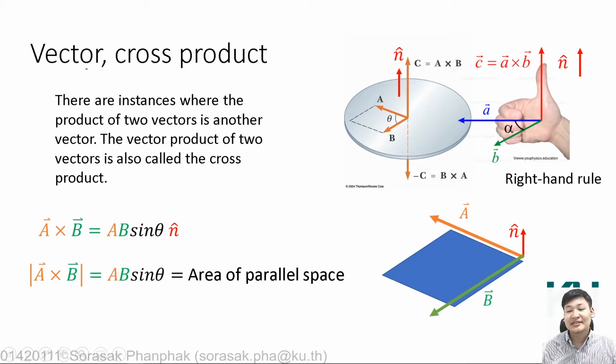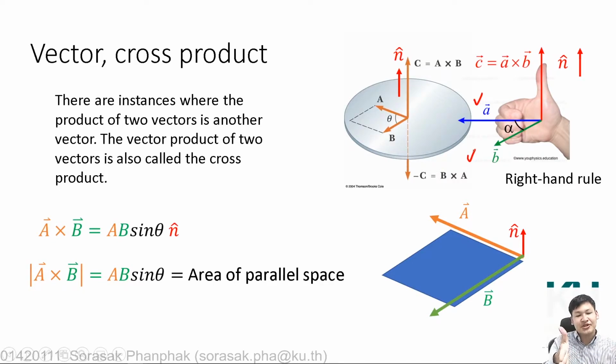The vector product is how we use our right hand. If you're not familiar, the way we use the right hand, not only for mechanics but in electrics or electrodynamics, we can use this to predict the directions of all properties that come from the cross products. For example, if you have vector A cross vector B like in this figure,